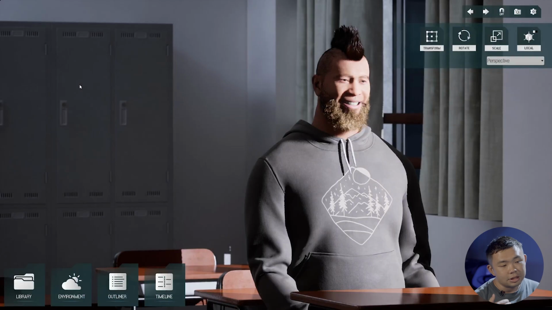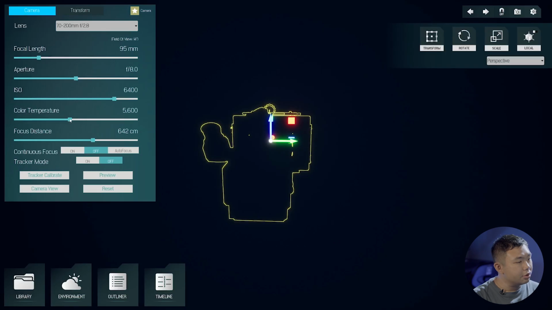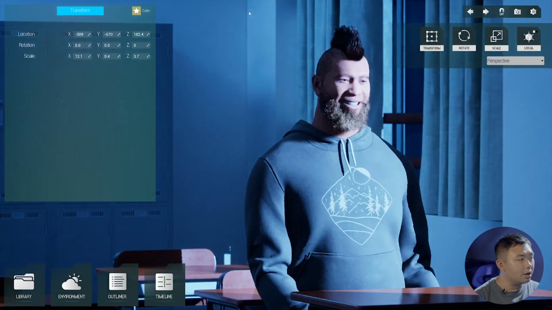Alright, so you can see it's still very yellowish, it's still very warm. And we get a trick here: we also need to change the color temperature of our camera. Try to change it from daylight 5,600 to 3,200 and see what happens. Control Spacebar again. Alright, so our scene becomes a bit blue.